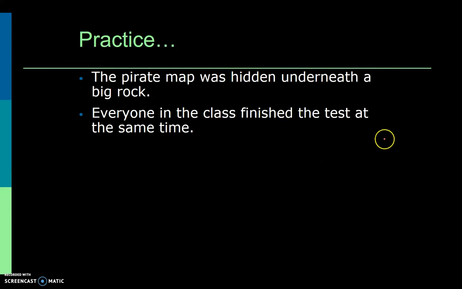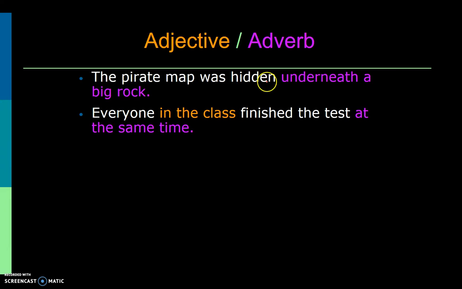So if we take a look at a couple of examples here, first of all, the pirate map was hidden underneath a big rock. Well, we know that underneath a big rock is the prepositional phrase because we have underneath, a preposition, a and big, which are both modifiers, and then rock is the noun. But we have to ask ourselves, is it an adjective phrase or is it an adverb phrase? Well, this is where the questions come in handy. We know for sure that it is an adverb phrase because it answers the question where. Everyone in class finished the test at the same time. Well, we know for sure that in the class